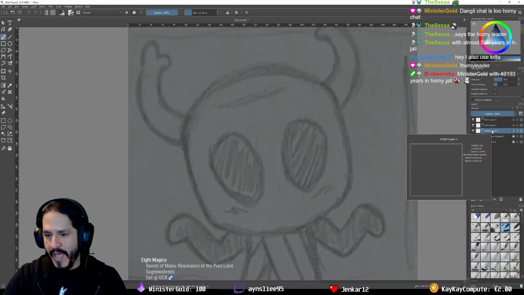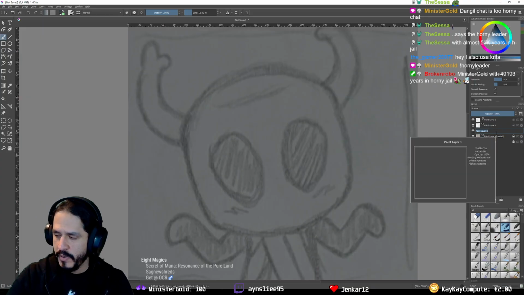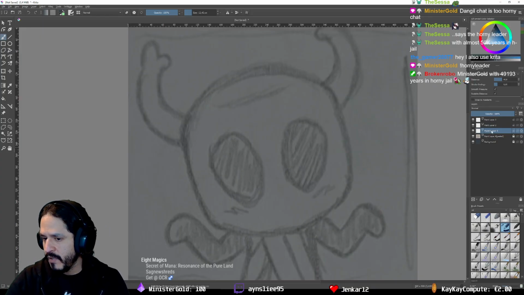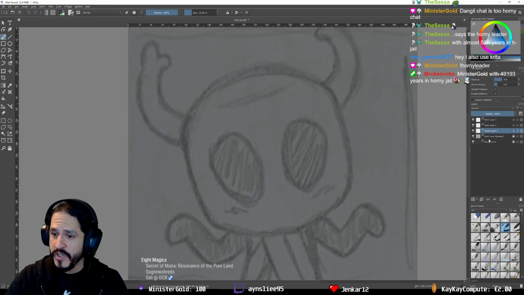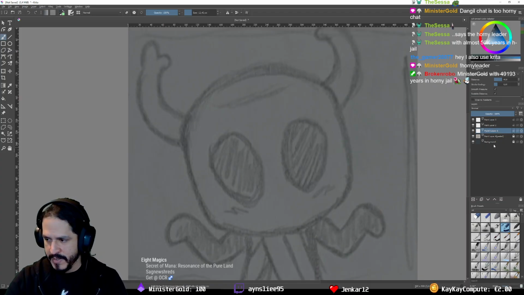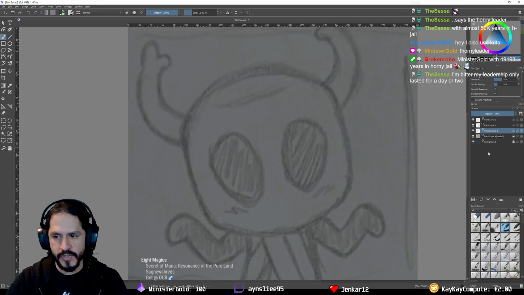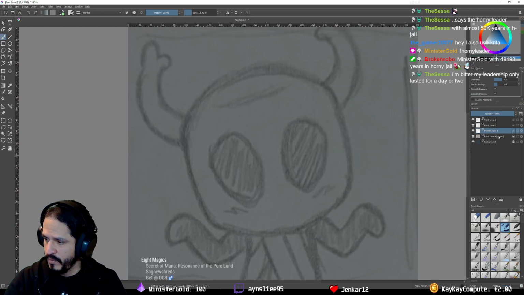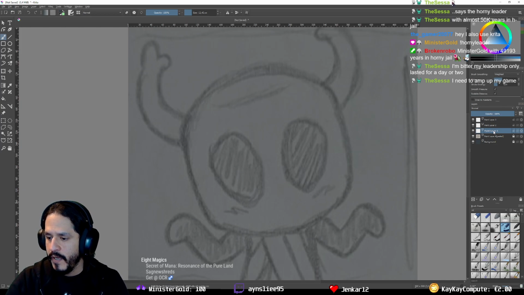So okay, let's start with this. I'm going to go with the head first. I have these layers here. If you don't have a layer, you can create one by clicking on the plus symbol here, and you're going to have a new layer immediately. We're using paint layers. You don't need a mask layer or anything like that. That's way more advanced for different purposes. For the purpose of the emote, you just need a paint layer. Create one, and then if you double click on it, you can rename it, or you can right click and then